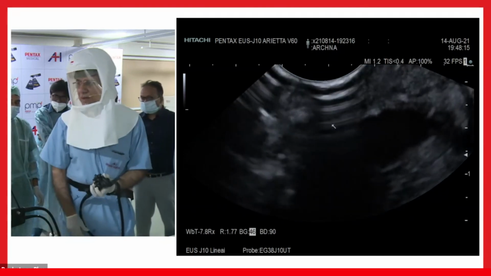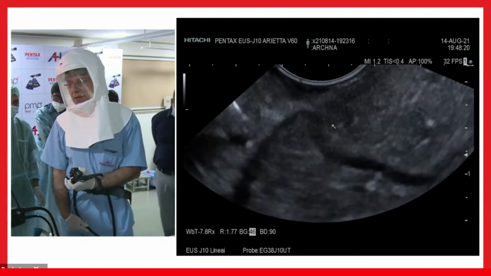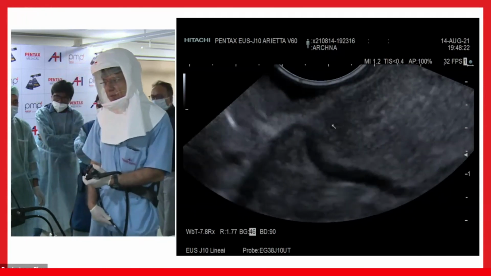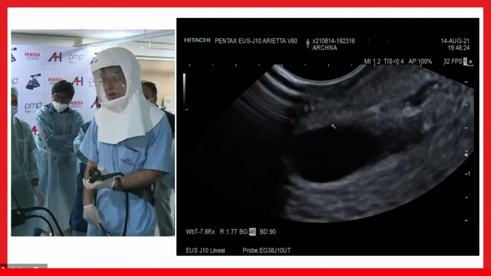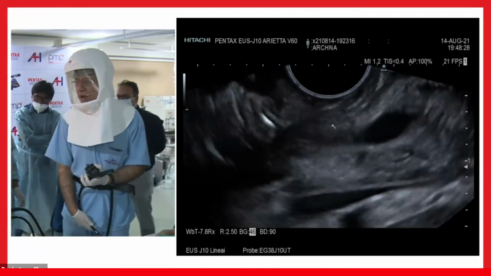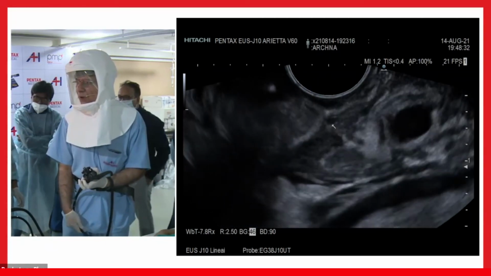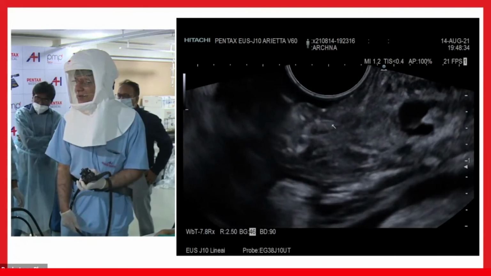So the stone has passed, or not a stone. So we'll follow up the debate. The debate is, again we have shown this is the pancreatic duct, this is the bile duct, and this is the tense bile duct, which we have followed all the way to the liver. Hey, just now as I rotated, I found, yes, there is a stone.